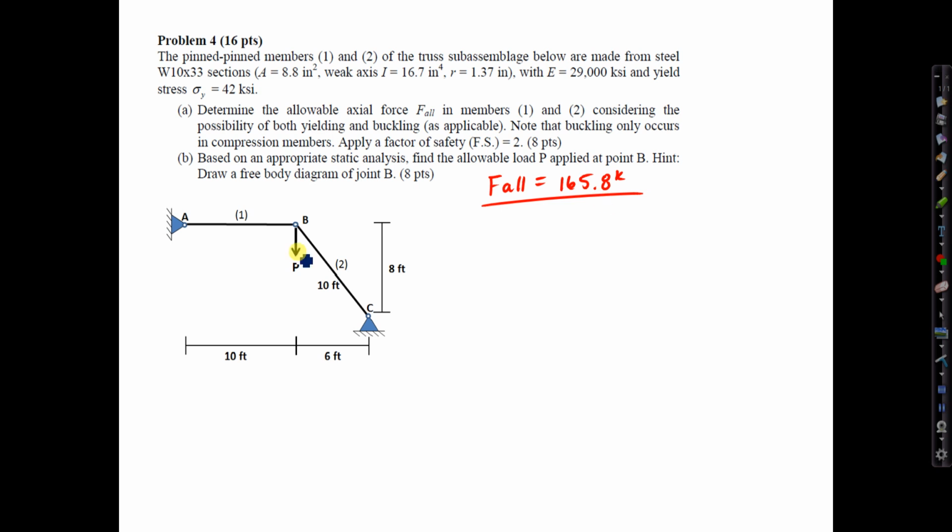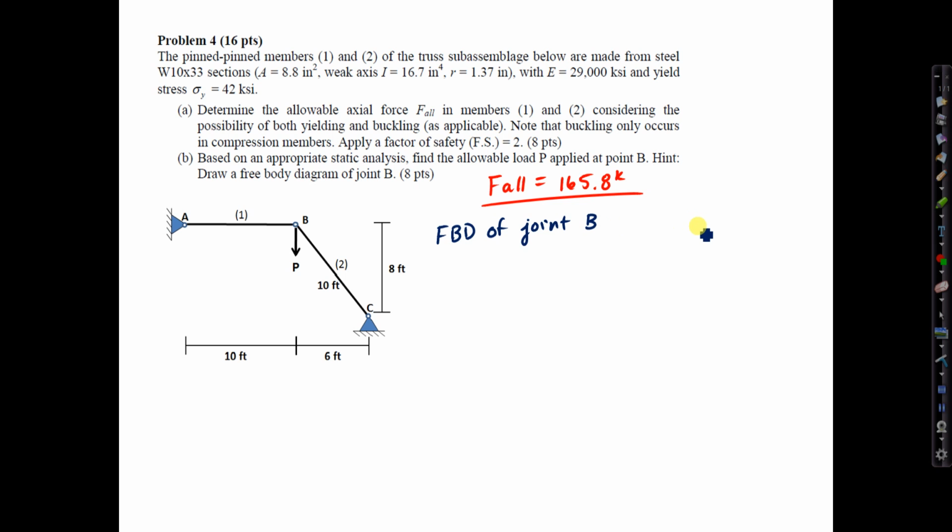In part B, we need to find the relationship between P and the force F in the members. If you proceed to try to find the reactions using the normal approach, unless you assume the vertical reaction here is 0, you're going to run into a problem. The most efficient approach for this type of problem, which we hope you know by now, when you have two members and a load, is to do a free body joint analysis on the joint connecting all the members. So that is our best approach here, free body diagram of joint